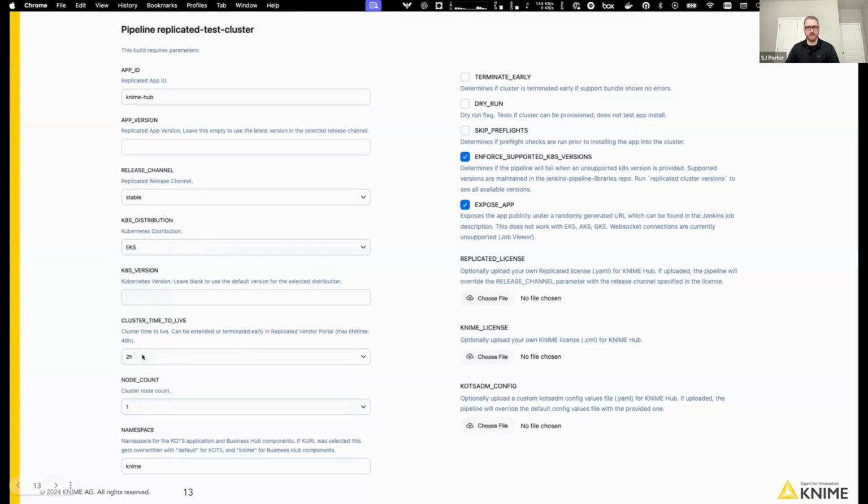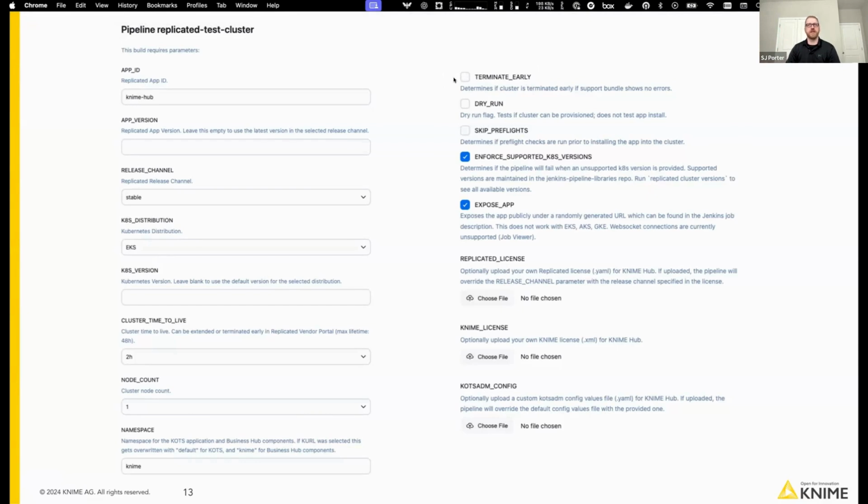We let them pick how long the cluster stays alive, how many nodes get attached. This is not relevant really for this presentation. And then a couple other things. So this terminate early is pretty cool. I talk about it in a couple places in this deck, but what we do is a user can optionally say that if you provision the cluster and it generates a support bundle and there's no issues, that it just terminates the cluster early. And the reason we do that is because for a lot of our testing,